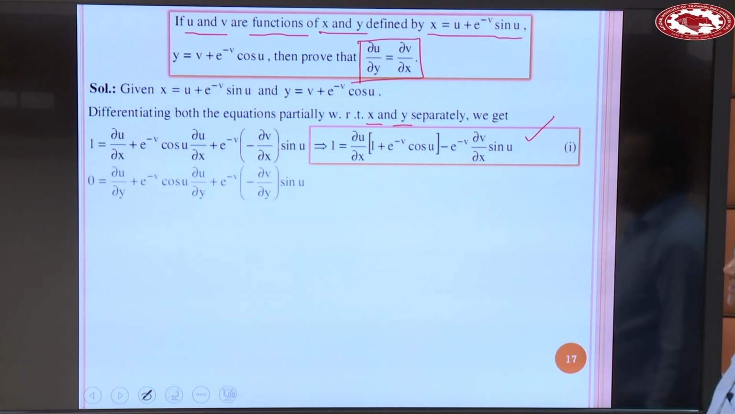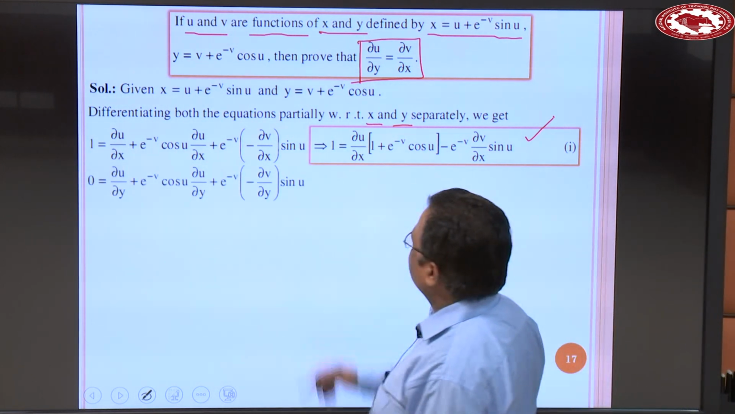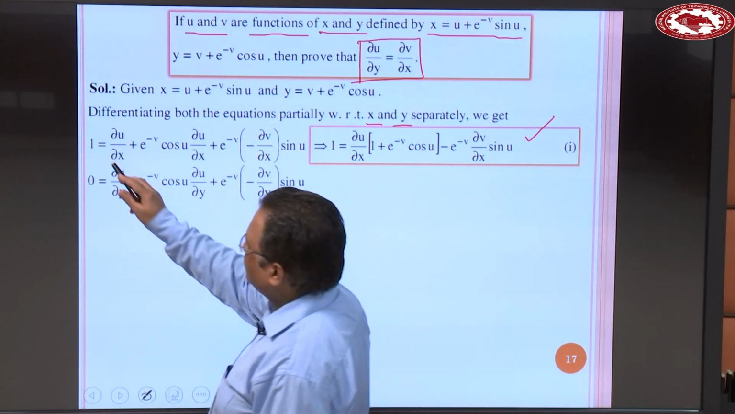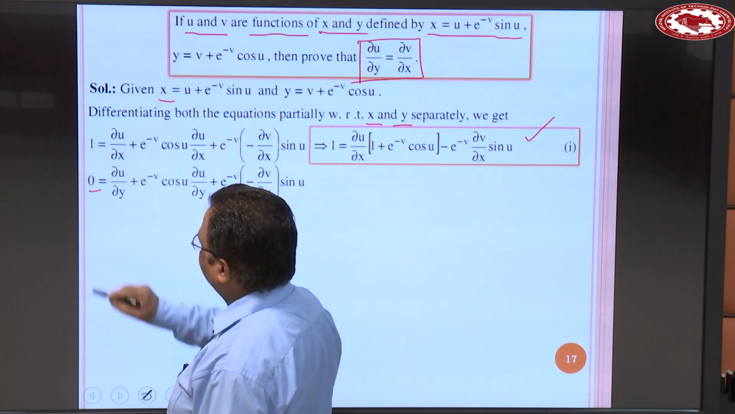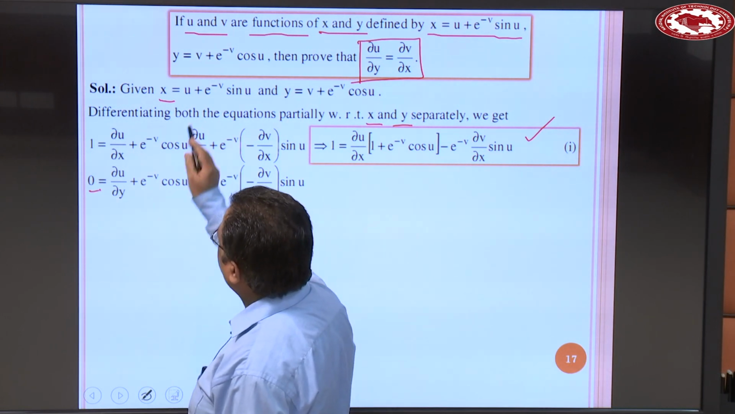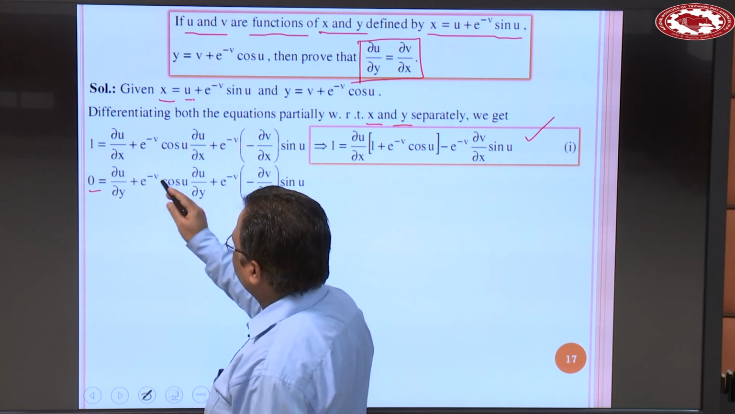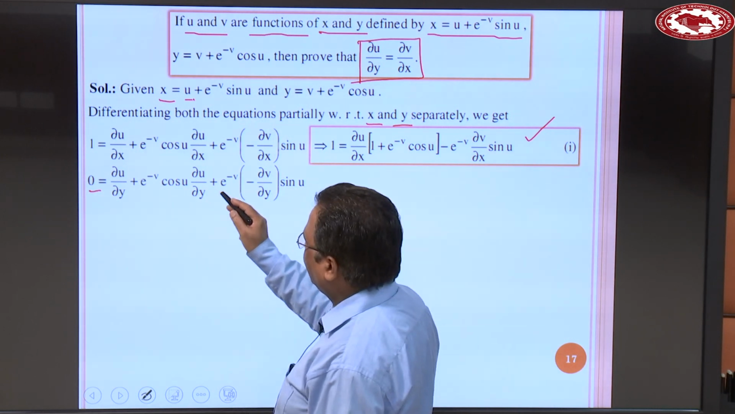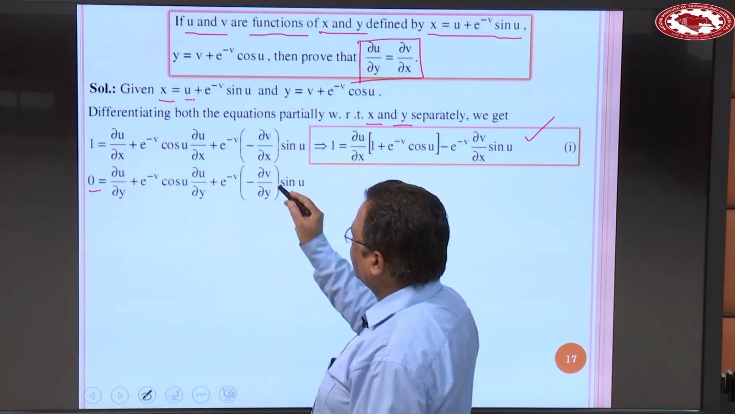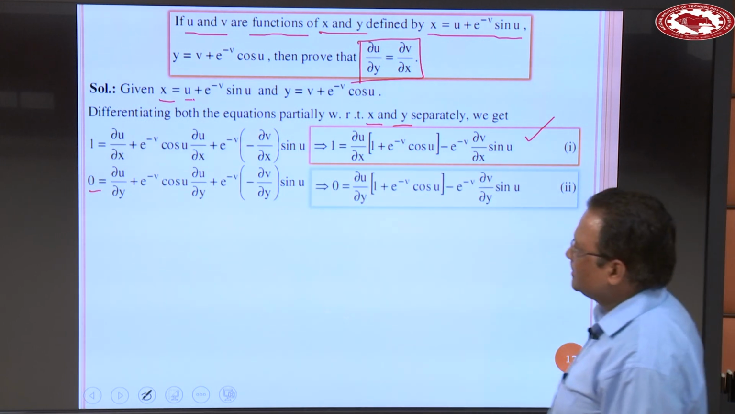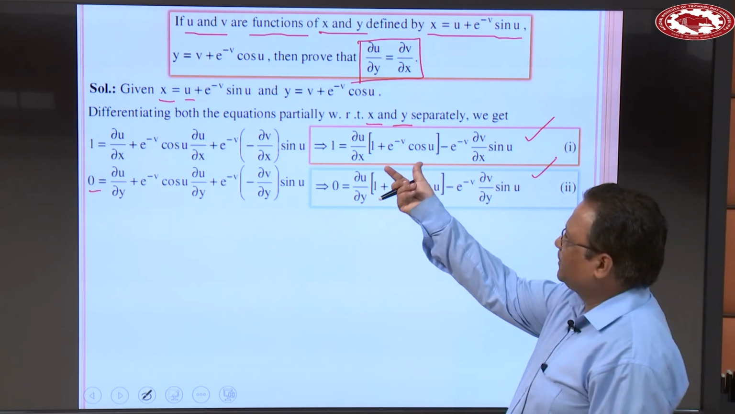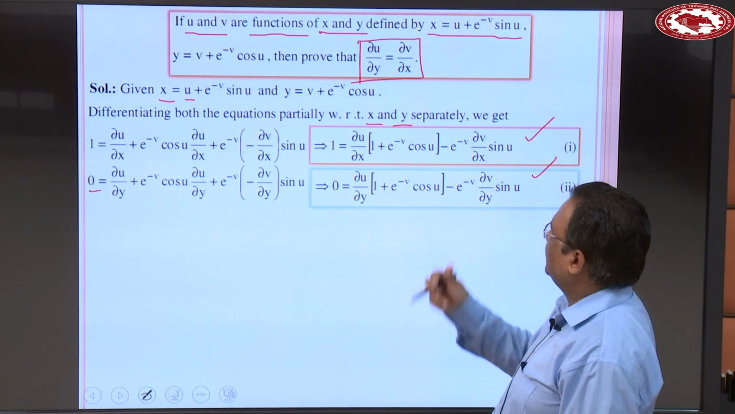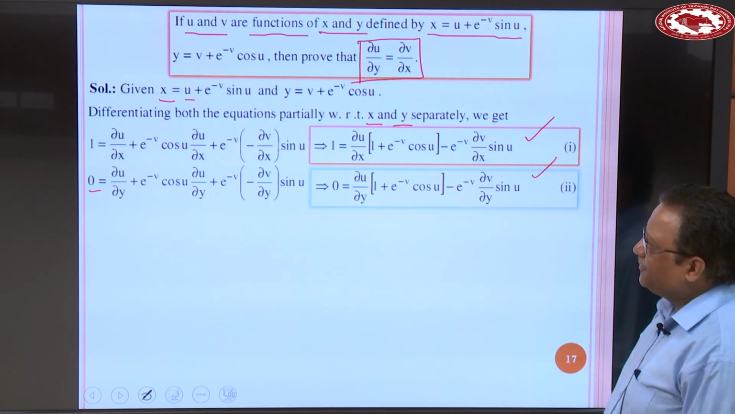Now, differentiate this first equation with respect to y. So, with y, the left side is 0, here we have x. So, we have 0 is equal to curly u over curly y plus e raised to power minus v cos u curly u over curly y plus e raised to power minus v within the bracket minus curly v over curly y sin u, and after simplification we obtain this value. So, collect the coefficient of curly u over curly x, here curly u over curly y. Okay. Now,